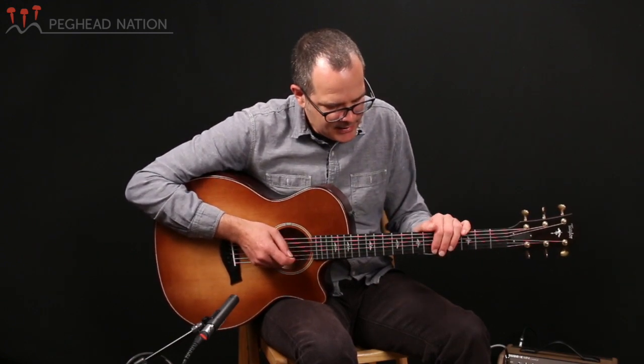So a nice balance. It doesn't get overshadowed by too big a bass without sounding overly trebly. I'm really enjoying the tone of this guitar, and I'm digging in quite hard, and I'm using a heavy pick. So this is definitely a guitar with a big dynamic range, would work well in a lot of different musical